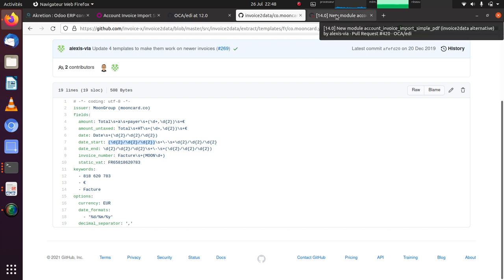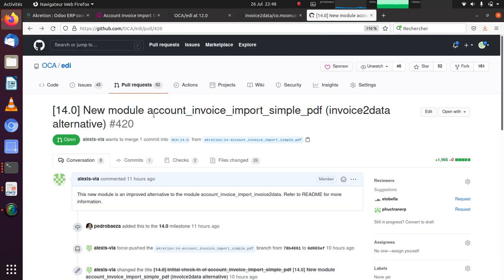So I started the development of a new module. I called it Account Invoice Import Simple PDF, and with that module, it supports the simple regular PDF without any embedded XML file, but no need for a developer to add support for a new vendor. You can configure a new vendor easily in Odoo.